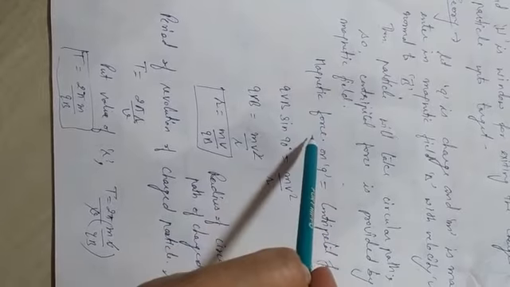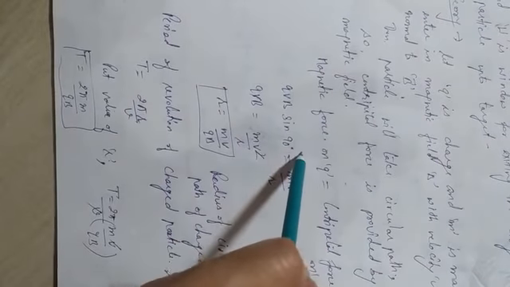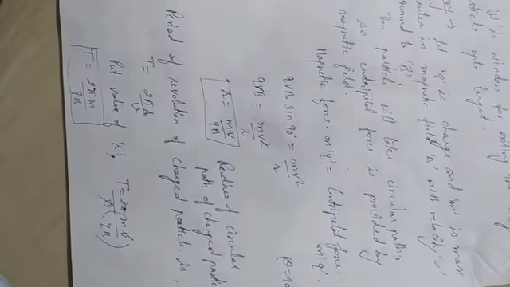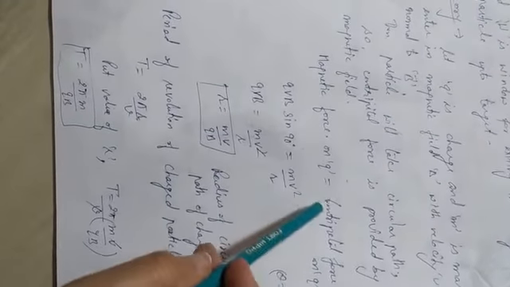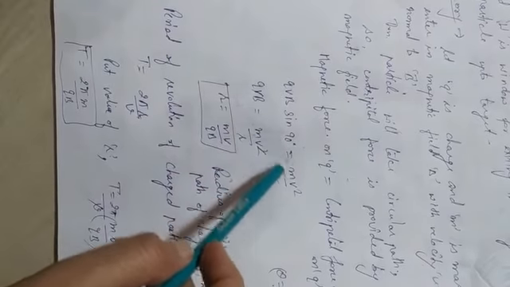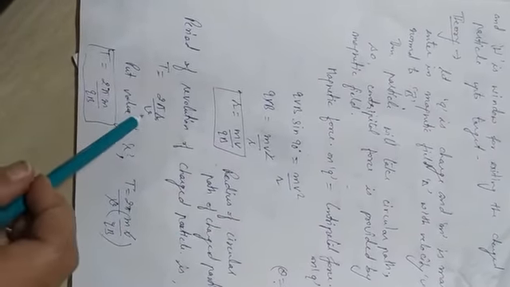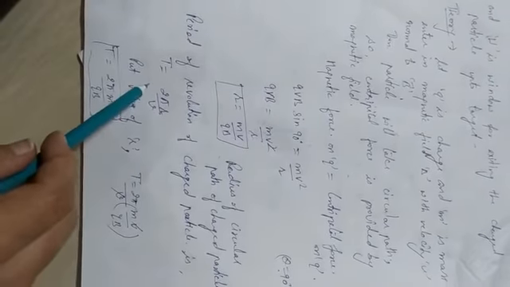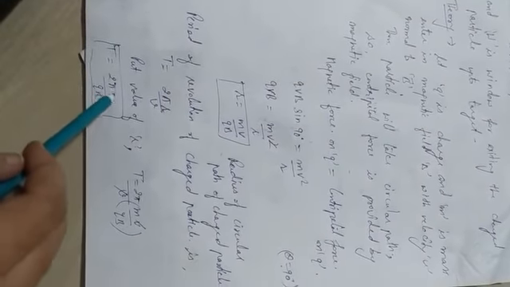In theory we use the rotation of the charged particle due to the magnetic field. The magnetic force acts on the charge and provides the centripetal force. So we equate them: qvB sin 90 equals mv square by r. So r equals mv by qB, and the period of revolution T equals 2 pi r by v, so T equals 2 pi m by qB.